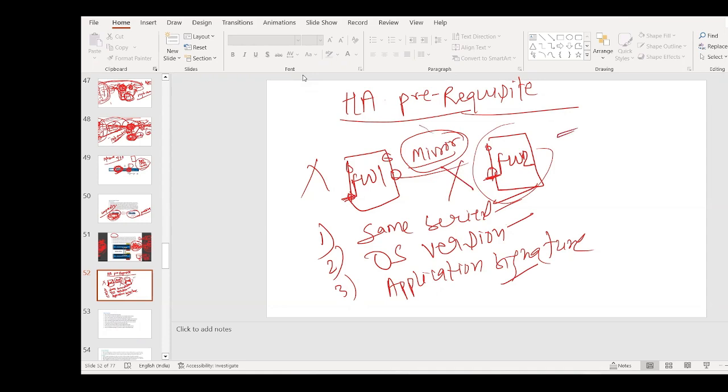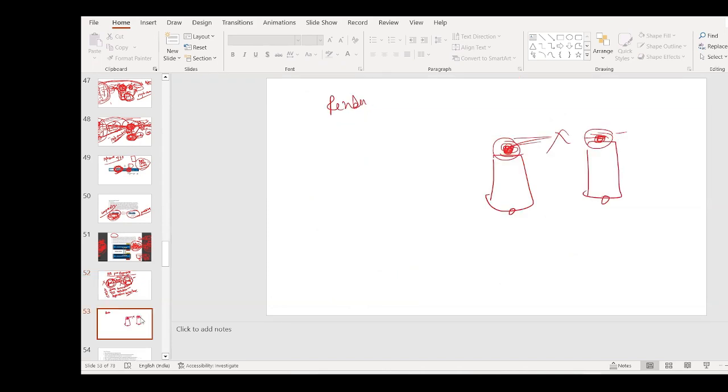Got it? So this is the prerequisite. Whatever you take for firewall 1, the same you have to take for firewall 2. The same firewall you have to bring for the high availability. So here, what I will do, I will share that. Anyway, this is active for one and passive for the other. But these two interfaces, which are connecting with the inside LAN and connecting to the internet,